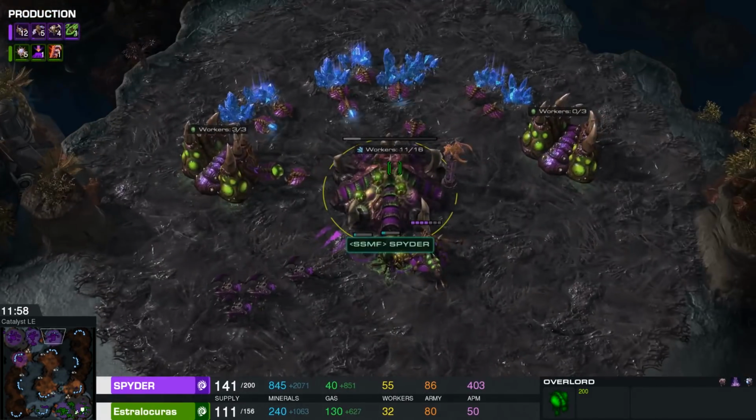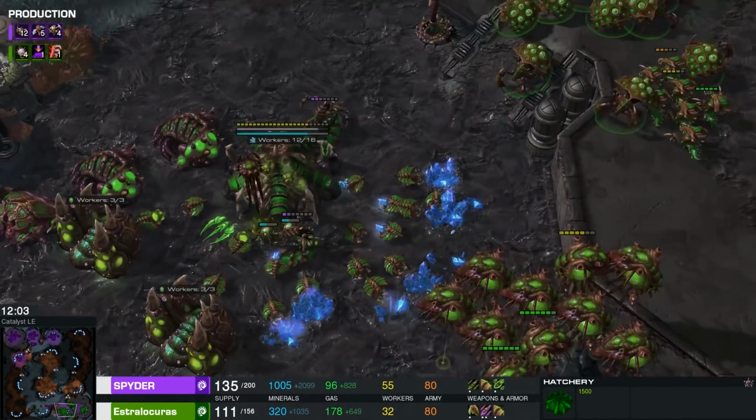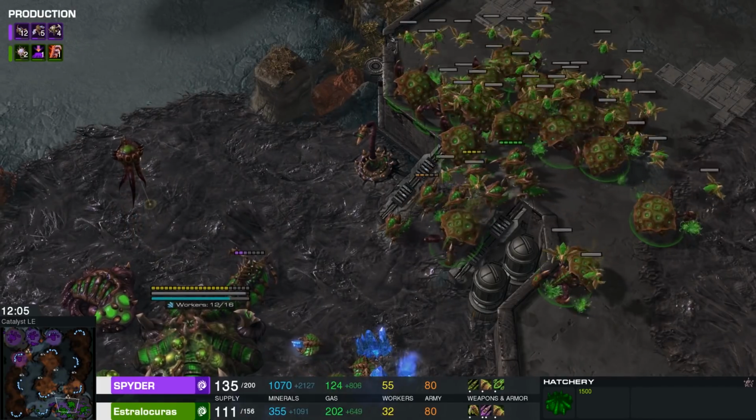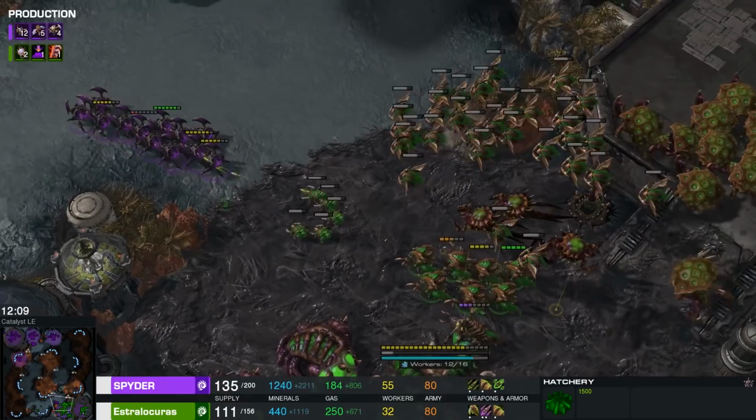But there's no denying, right, that at this point, neither player really has a really strong economy. But Estra definitely is behind in that aspect. Once again, though, the Locust Wave is moving forward. And look at this. These Locusts, if they decide to engage...